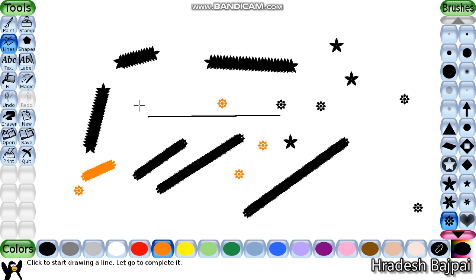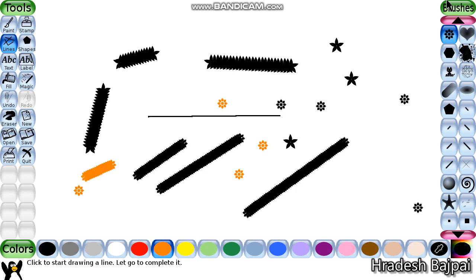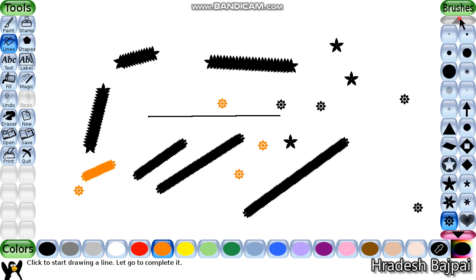As you use any tool, it gives information about that tool. The area where you make your drawing is called the drawing area or canvas. This arrow is called the up arrow, and this arrow is called the down arrow. If you want to move down in the list, click on this arrow. Otherwise, if you want to move upwards, click on this up arrow.